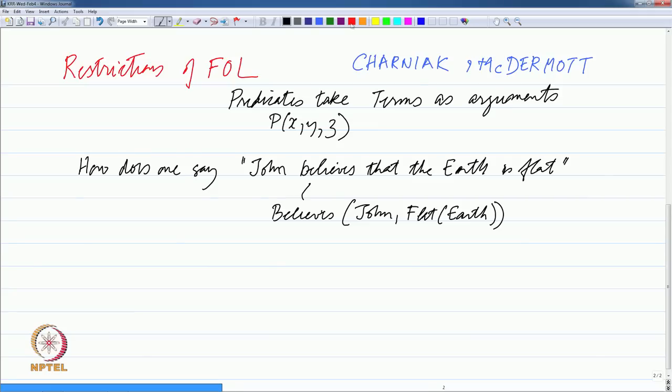And the second argument is, unfortunately, in this example a formula. And we have said that the semantics of first order logic is that predicates take terms as arguments, and the terms denote elements in the domain essentially. So, essentially first order logic allows you to talk about elements of the domain. What about sentences when we talk about people and things like that, that John knows that Mary did this and that kind of stuff essentially? That is a difficulty with first order logic. We will try to see how to get around this fact.